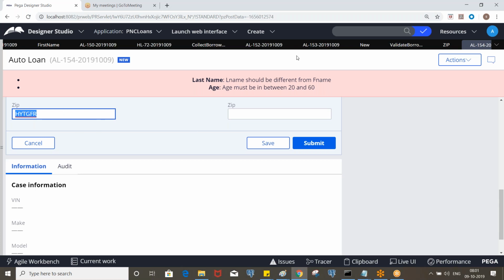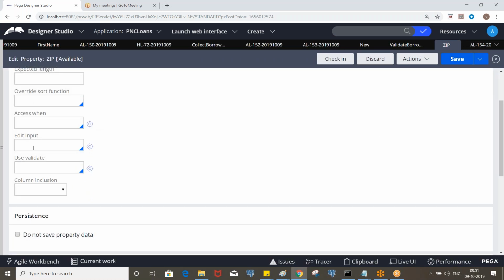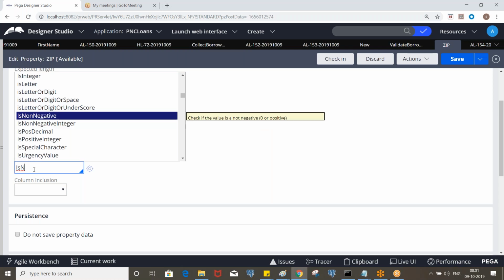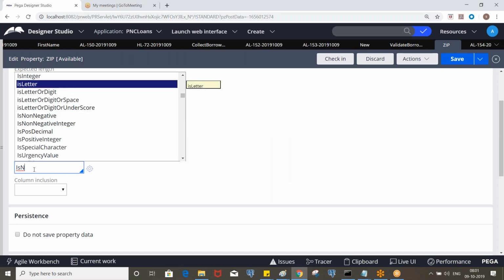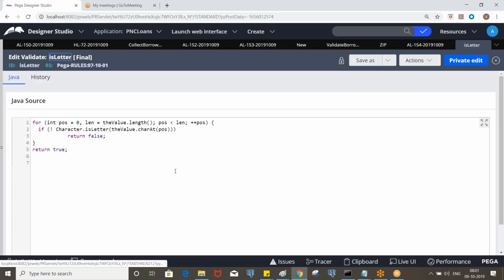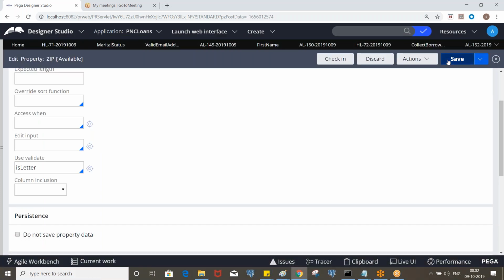Let me show you that. Say you want to allow only characters: is non-integer, is non-negative integer, is letter, or is integer. So these are different validate tools. Let's see.